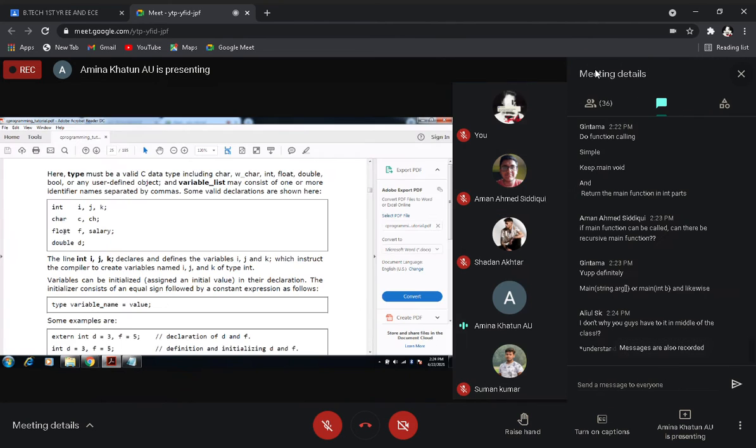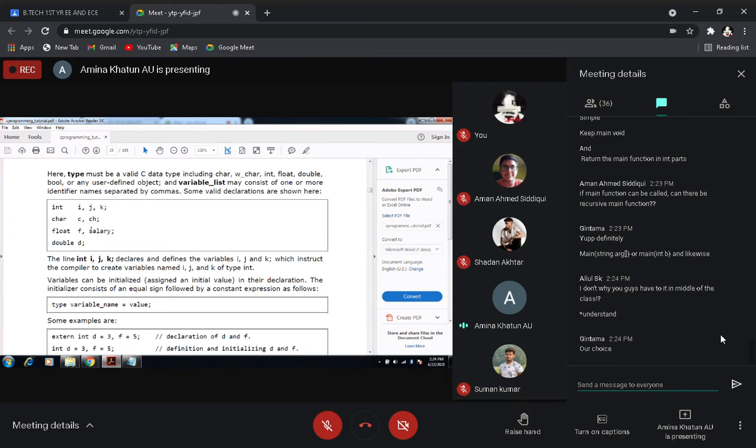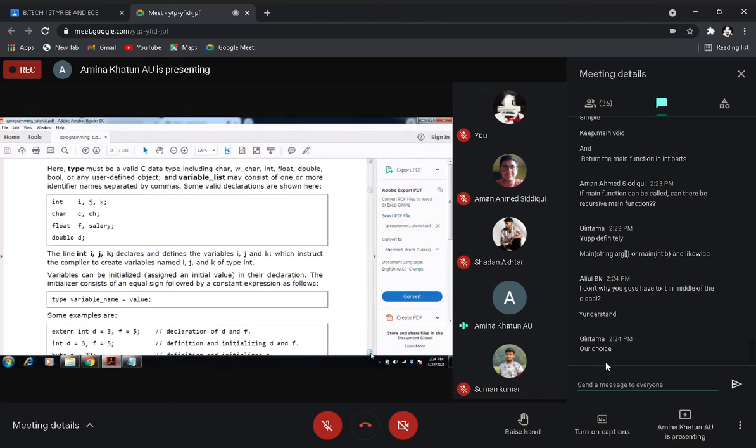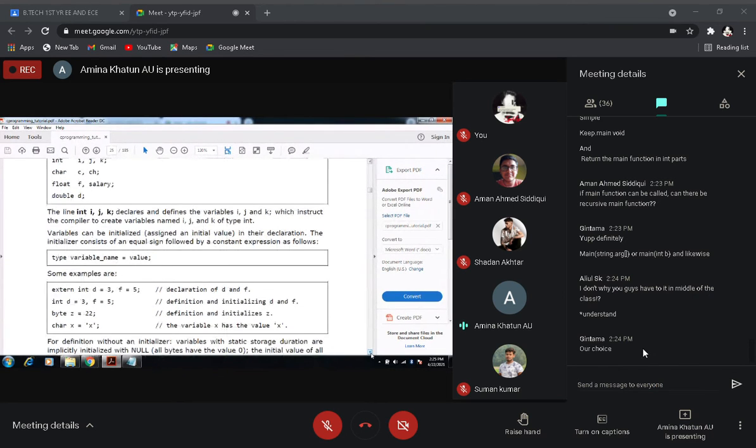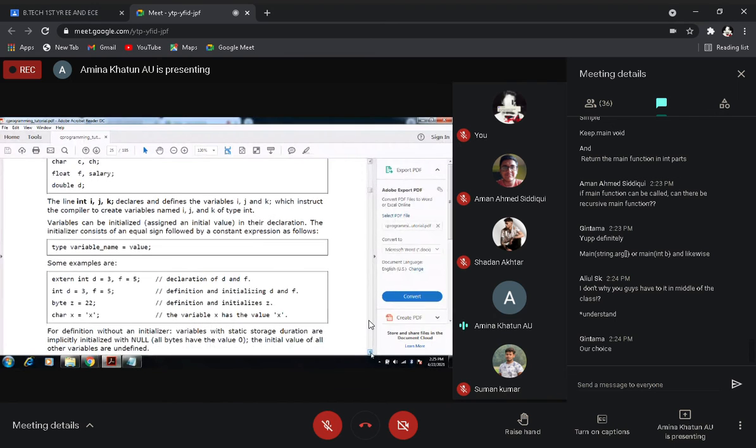Next is float, f, salary. Here also two variables of float type are defined. Now a double type variable named d. In this way we can declare the variables. Now if we want to assign a value, how do we assign it?